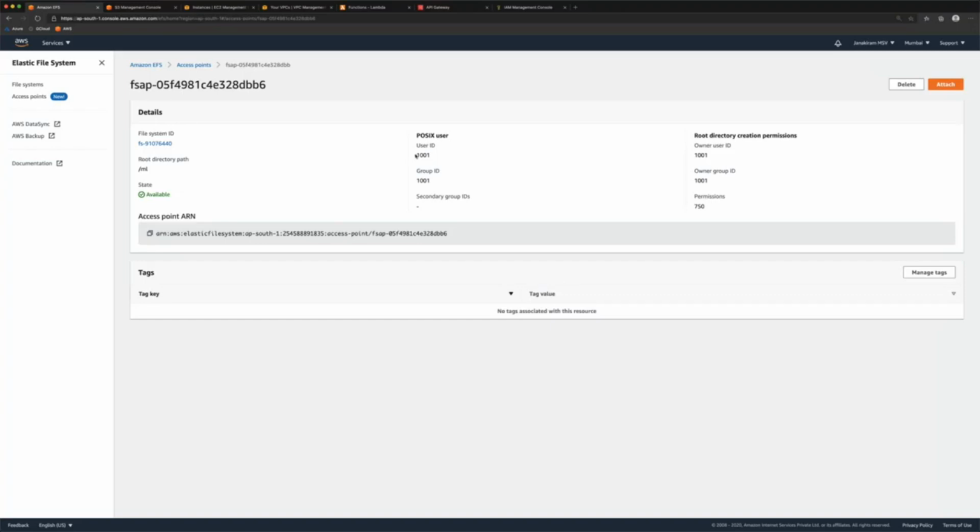So here it's a good idea to give an arbitrary user ID, group ID, and then also define the permissions for that specific group ID. So later on, when you want to transfer the control, you can actually run chown from the EC2 instance to make this user and this group the owner of the file share.